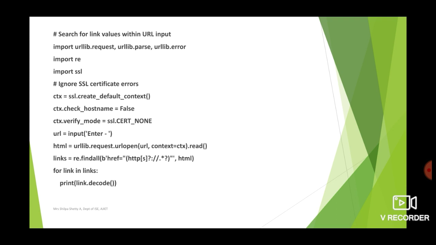The urllib.parse module defines functions that fall into two categories basically, that is URL parsing and URL quoting. The URL parsing functions focus on splitting a URL string into components. The next module that we are importing is urllib.error.